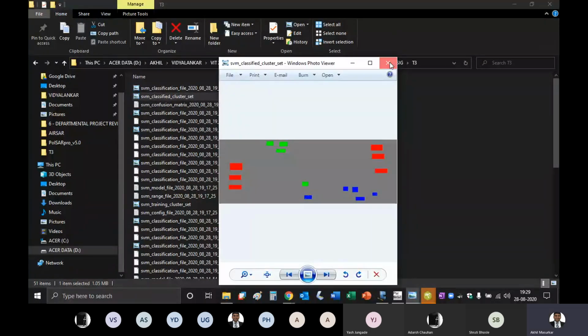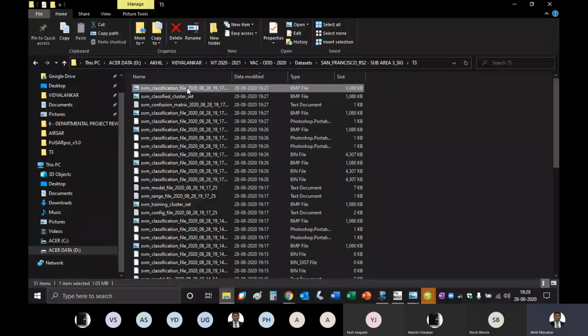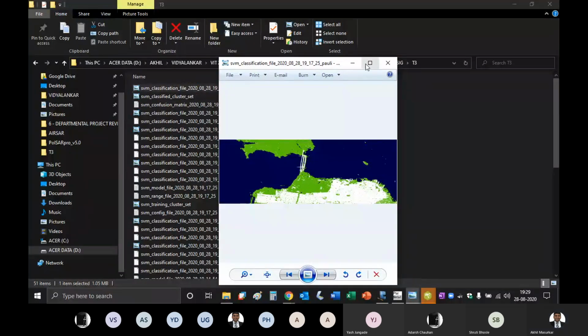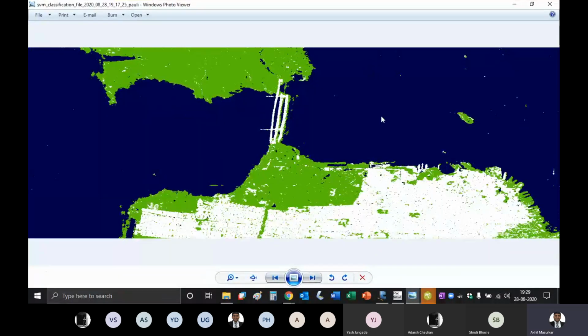This is our cluster set, and this is the classification file. So this also can be used. Okay, great. So white things in this are settlements.